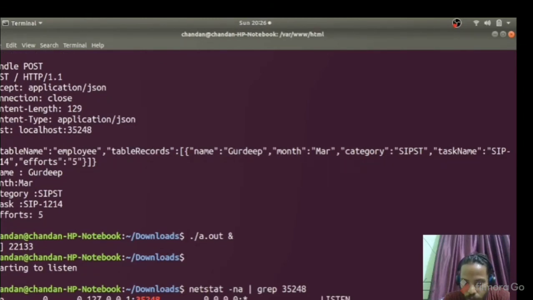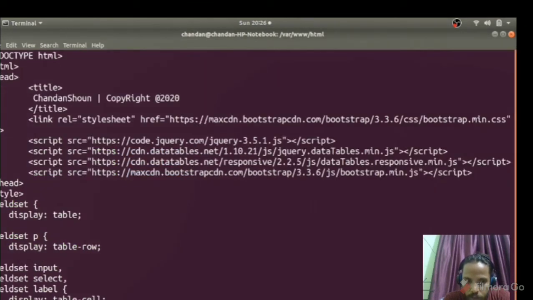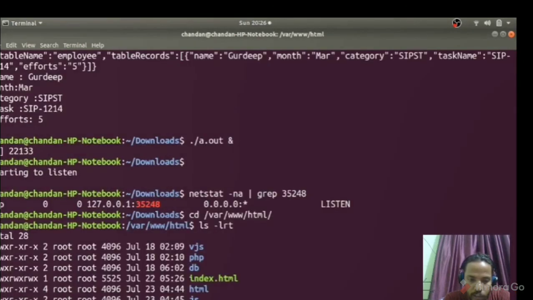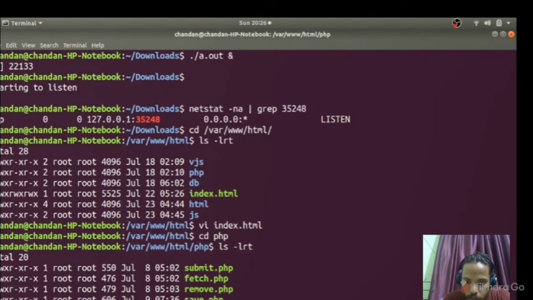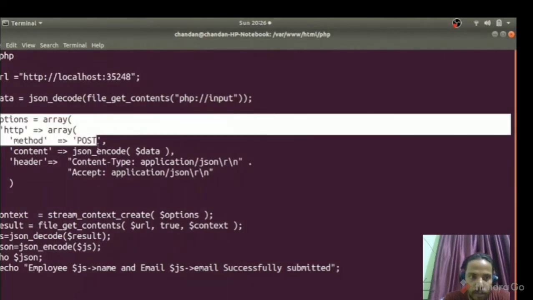So this is our Apache server where we have added some HTML, which is sending requests to our C++ REST server. We are going to PHP, where we are sending the POST request to our CPP REST server. Here you see that we are sending the request to this URI on port 35248, where our C++ server is listening.